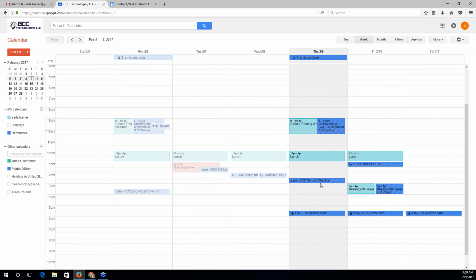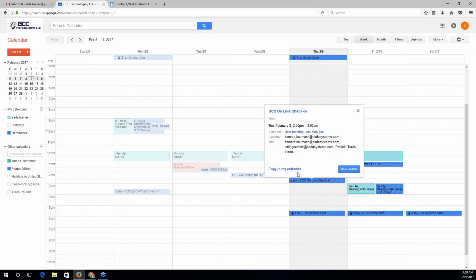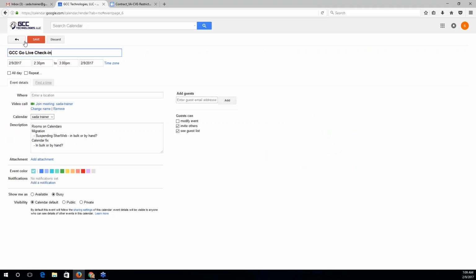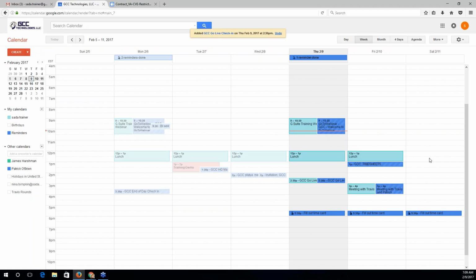So when you're viewing your kids' schedules, so Patrick is the kid in this case, you are going to be able to bring over their events to your personal Gmail calendar by copying them to your personal calendar. So you can just copy over your kids' activities onto your calendar. Now even when I deselect my kids' calendars, you have evidence of their event.